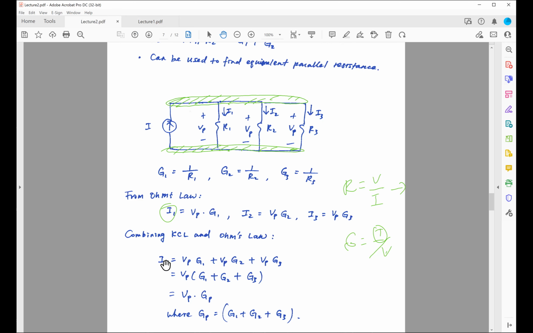Okay. So if I combine KCL and Ohm's law, this current I has to be equal to Vp times G1, which is I1, the current flowing out of this node, plus I2, which is Vp times G2, plus current I3, which is Vp times G3. Again, taking out the like term Vp, I have I equal to Vp times G1 plus G2 plus G3,